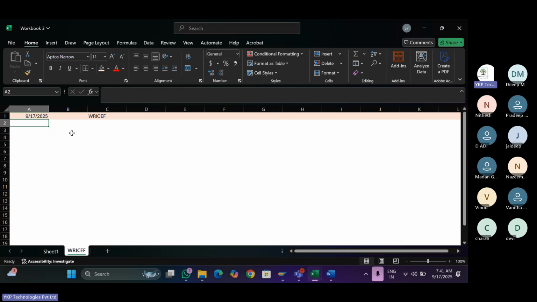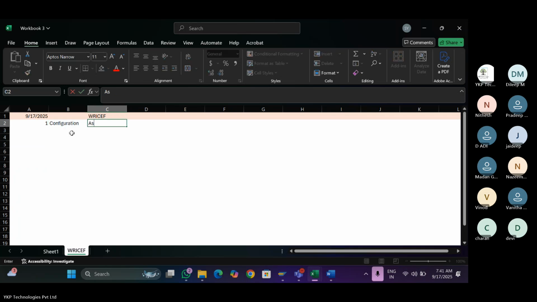This RICEF is also a very basic and very important thing for an implementation project, where we follow it to get things completed. Okay, now let us understand one thing. So far we understood configuration, and we know what SAP means as per the classes till yesterday. We understood that in SAP we need to do the configuration, right? We need to do the configuration as per